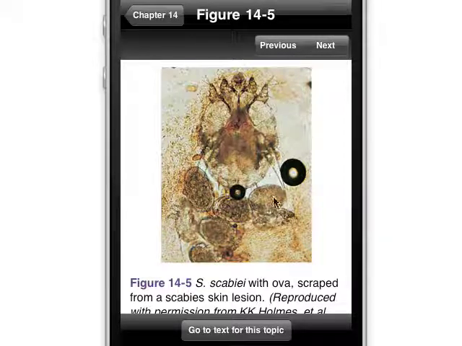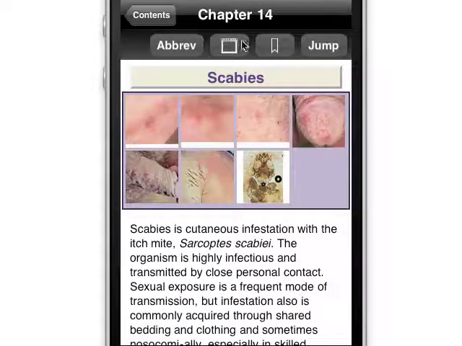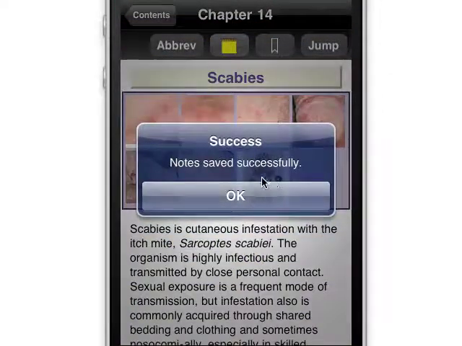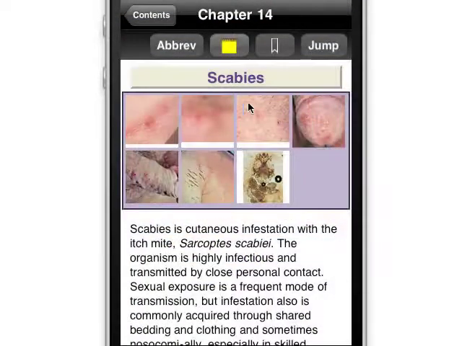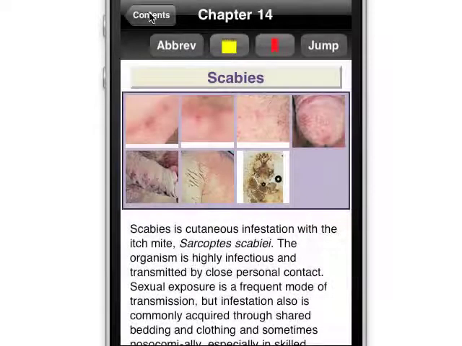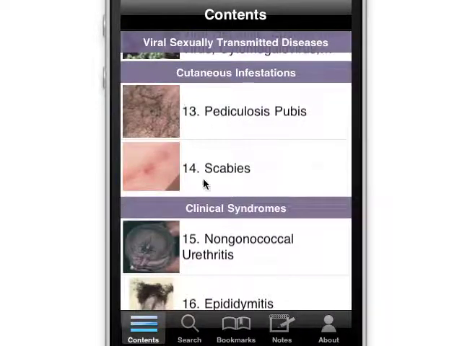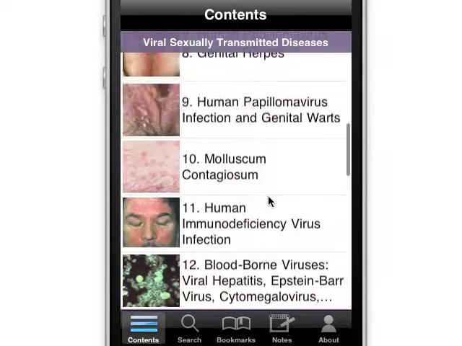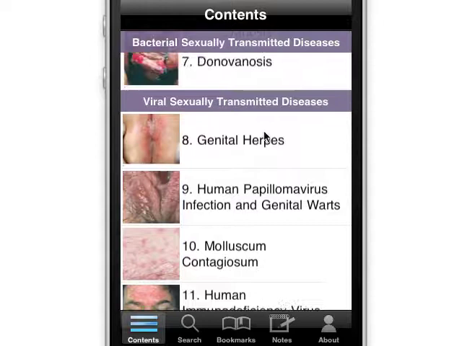We can make notes by going into the chapter and creating a note, and let's say we wanted to say good mite photo, and we can save that, and now we have our note saved, and again we can do bookmarks. So many different ways to look at, to mark, to search, really, and just a wealth of information on